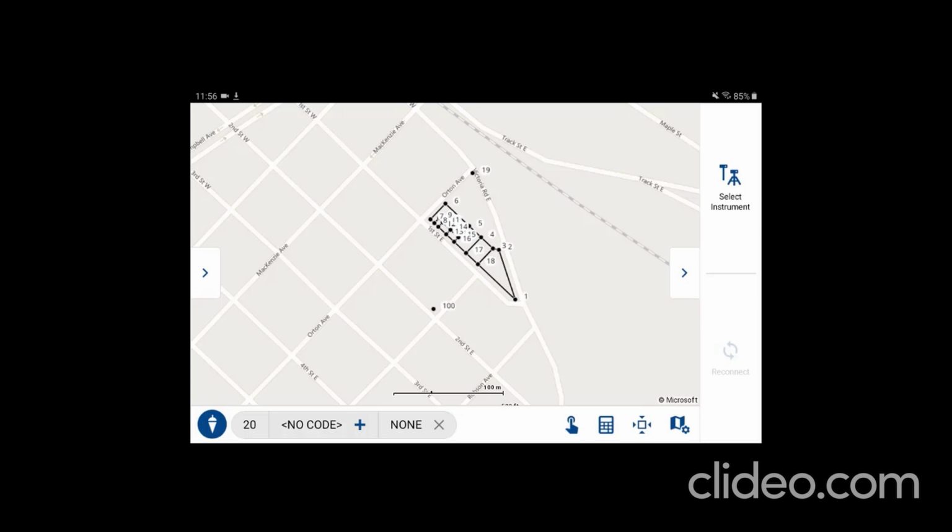Here in this video, I'm going to demonstrate the new point-to-point inversing COGO enhancement. So what this enhancement allows you to do is select 2 points that are stored in the database for you to quickly query the direction and distance between those 2 points. So if I go into the COGO calculator here,